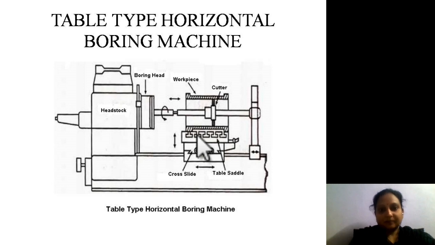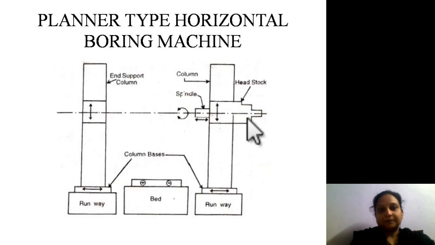First we fix the workpiece on the table, then we insert the tool and start the machine. The diameter of the hole will be based on the type of cutting tool you are using, so we have to choose a proper cutting tool to get a hole of the required diameter. As the motor rotates, the spindle rotates, and as a result the cutter also rotates and we get the required hole.